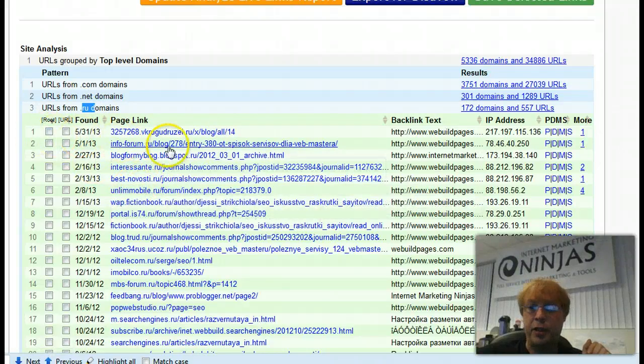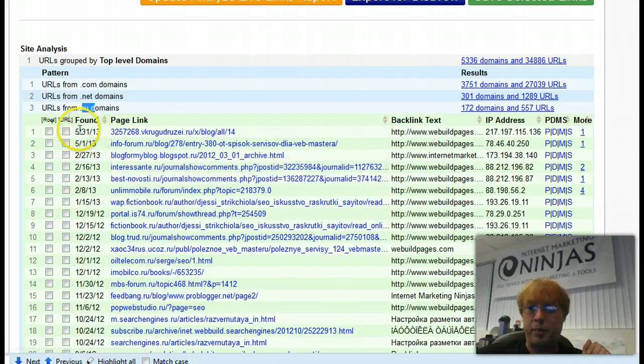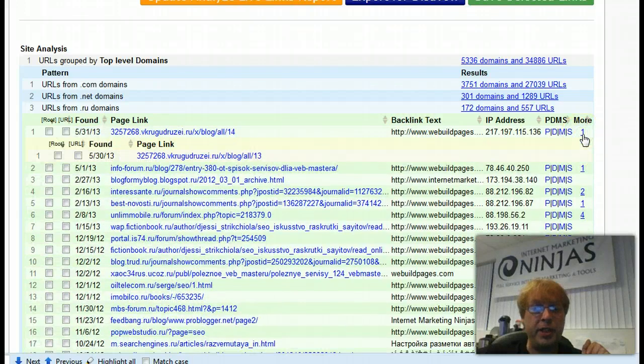And then I can either block it by the root or I can block it by the URLs. So in some of these examples, we can see that this site links to Internet Marketing Ninjas. This is the date that Google said that they found the link. So these are the dates from Google, the backlink text, the IP. We also see there's one more page from that site. We can click on the more and it'll be like, all right, here's another page from that site that links